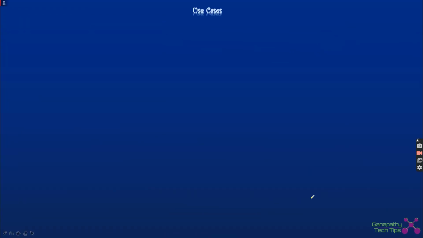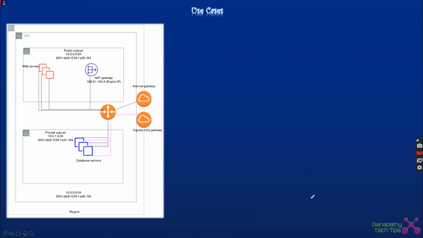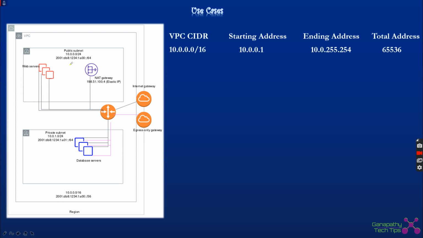So what is the use case it is going to solve? I am taking a typical AWS use case where we are going to build the VPC and the subnets within the VPC. As mentioned in the diagram, it is 10.0.0.0/16. We already saw this example. This will give me 65,536 addresses. It will start from 10.0.0.1 and end with 10.0.255.254.